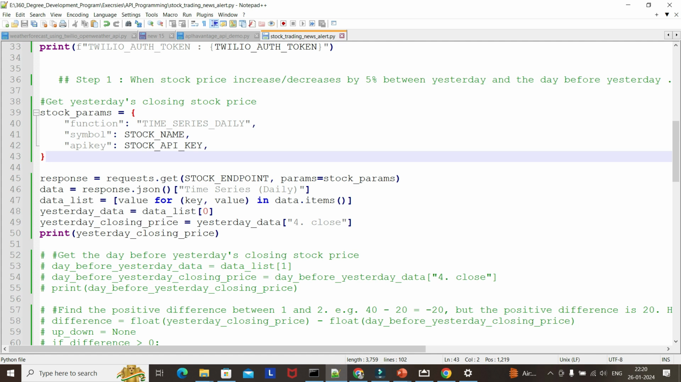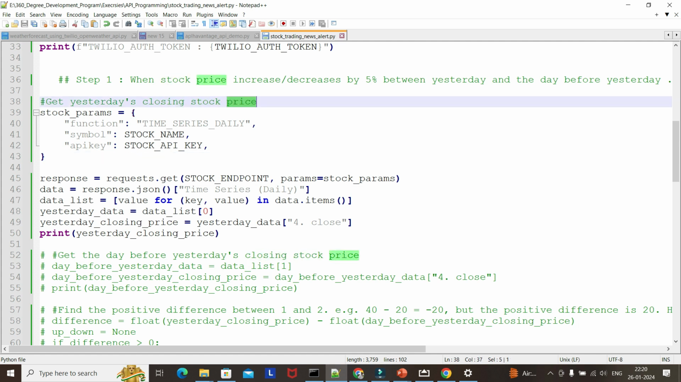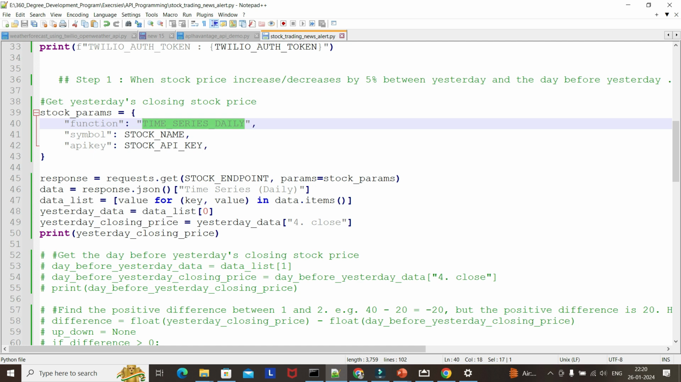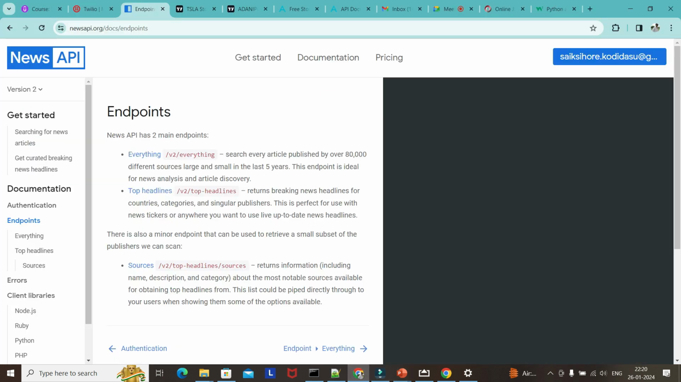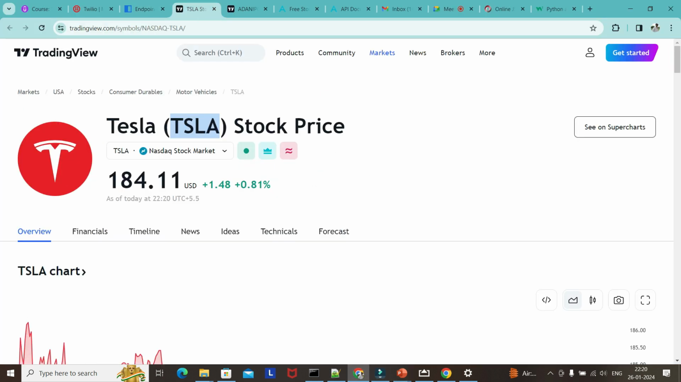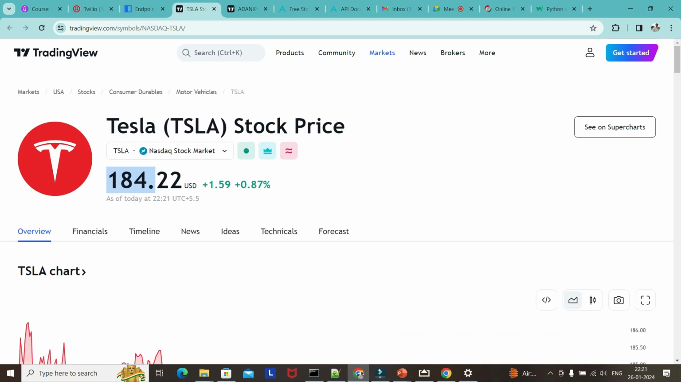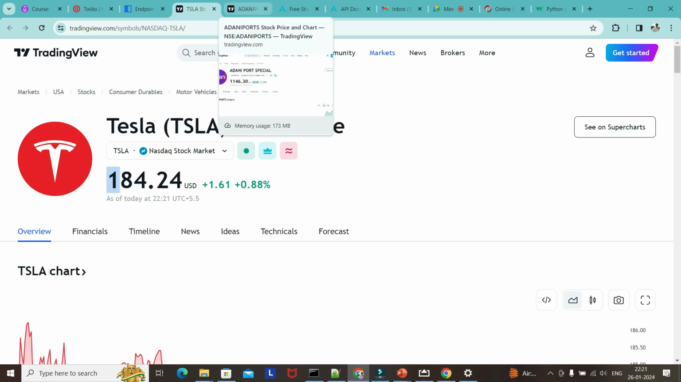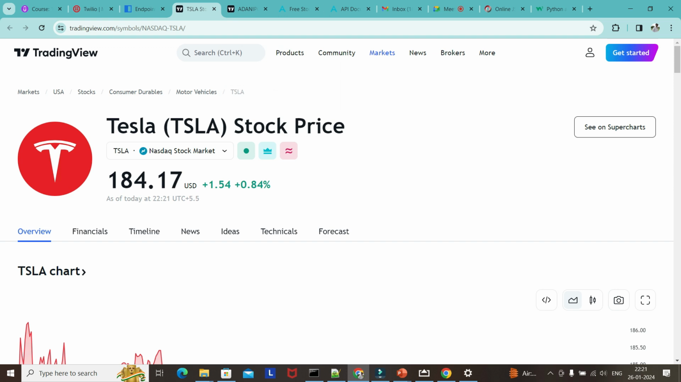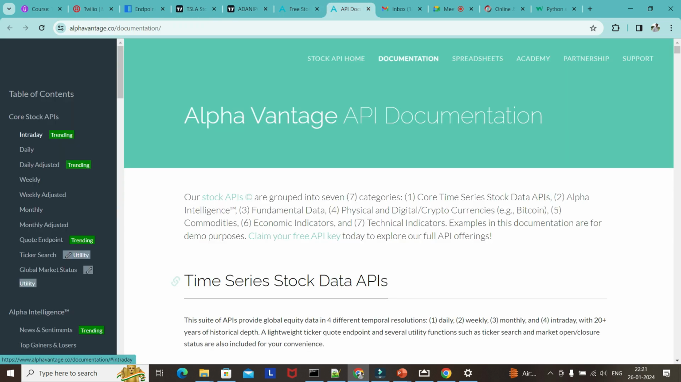So now what we are doing, we are getting yesterday's stock price, the closing stock price. We are not using intraday because as of now the US market is open and actually trading. But we are not concerned about what is happening now. We are concerned about what exactly happened last day. So that's why we will be using daily